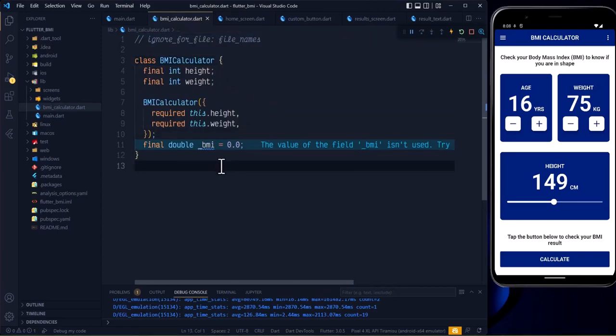So the next thing we need to do here is move on, and I'm going to create a function that is going to